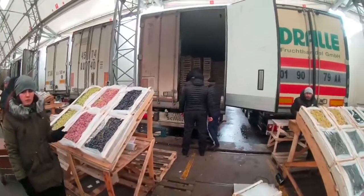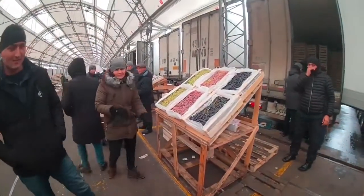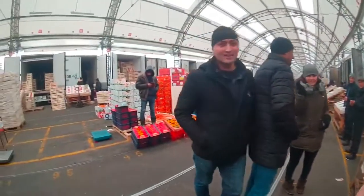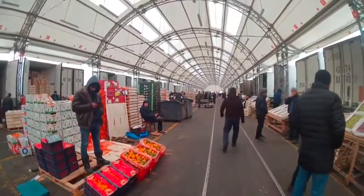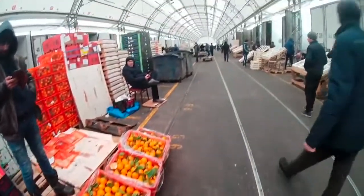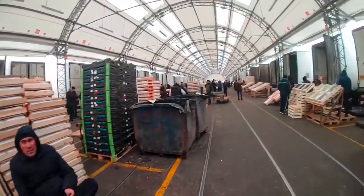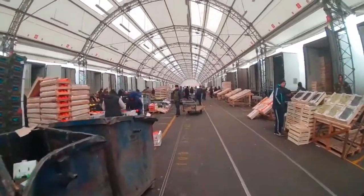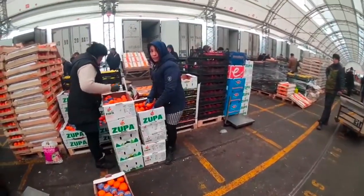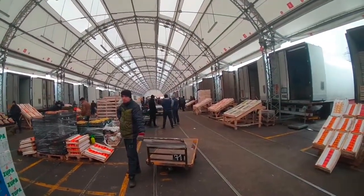So the grapes are from Uzbekistan. I'm not sure how far that is from Moscow, but it's a long way. So this is aisle number 2. This guy here has some tangerines or satsumas, but there is truck after truck after truck here, and it's just amazing to see, really. And every person is looking around at me here. So you can choose just to buy a few of them, or you can buy them by a truck, I guess. So this is kind of where all of the supermarkets and markets in Moscow come to buy